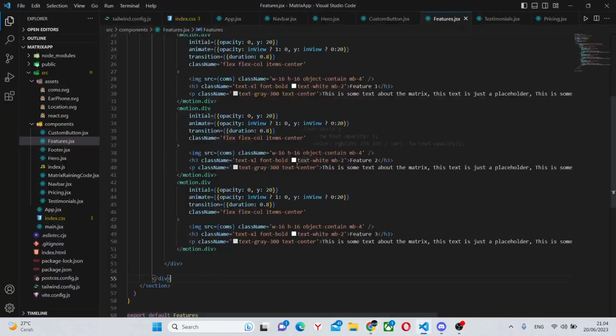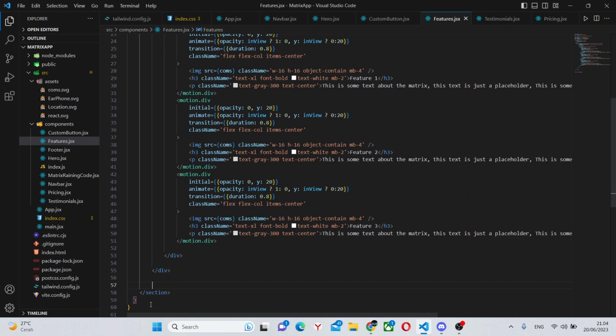So we can do just that. We can go over here into the div in between the section, the final div, and add a custom button that we've created previously. Also, we'll put it in a div to position it properly. So div, class name, flex and justify-center. In here, we'll say a text.